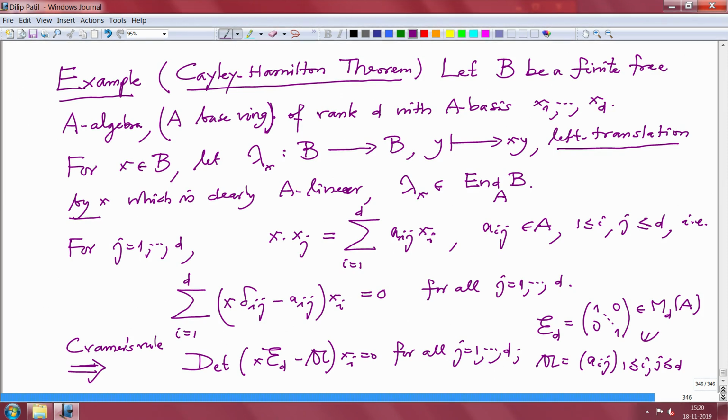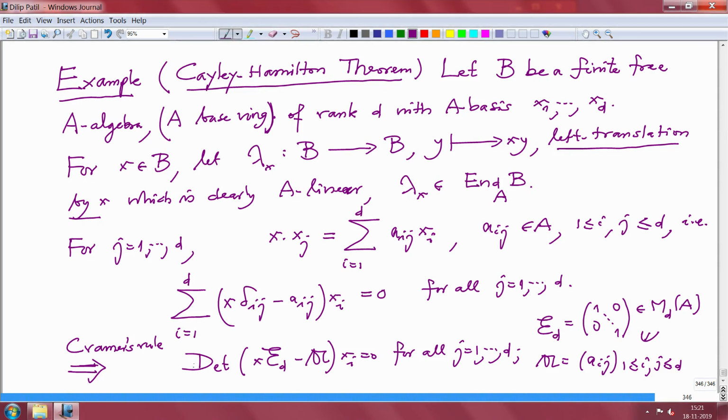Remember, we cannot use matrices with coefficients in B. They are more difficult to handle when A is not a field, for example to check invertibility. Alright, so this determinant, where is this element? When you expand it, it is a monic polynomial in x of degree d, and the remaining coefficients come from multiplications and additions of the entries a_ij, which are clearly elements in A.